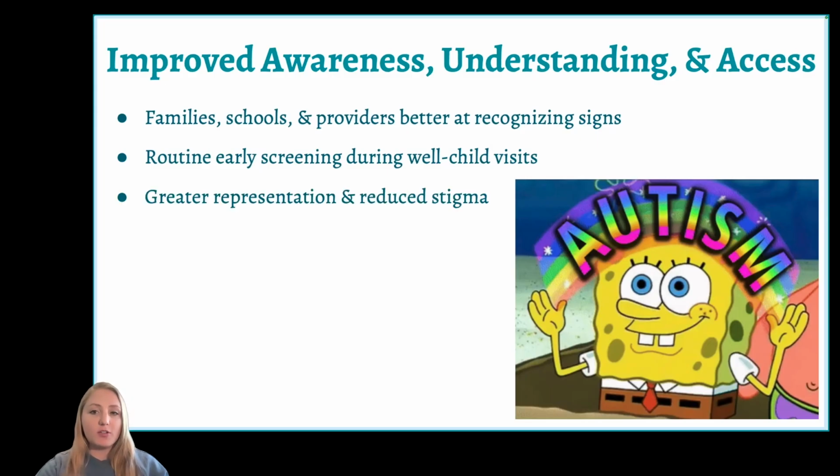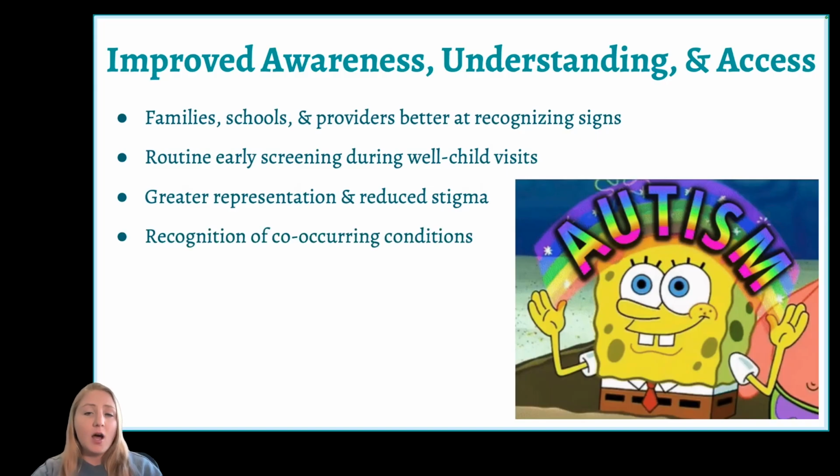We've also seen a big shift in representation, with autism being talked about more openly in the media, schools, and in communities, which has drastically reduced the associated stigma and makes it easier for people to recognize and accept traits in themselves or others, as well as feel more comfortable seeking out a formal diagnosis. On top of that, there's now greater recognition and acknowledgement that autism often co-occurs or is comorbid with other conditions, such as ADHD, OCD, or anxiety. For example, until the 2013 revision to the DSM, people couldn't be diagnosed with both autism and ADHD, meaning that even if someone met the criteria for both, clinicians were forced to pick just one.